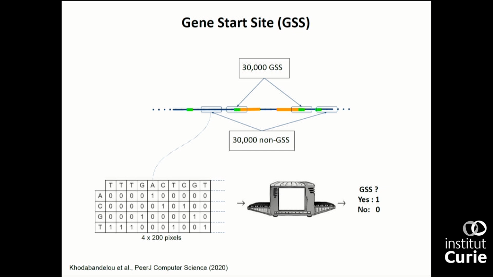Then I put my image into a deep neural network, pretty similar to the one I showed you before, where we use convolutional neural networks. And as an output, I would like to know if it's a gene start site. If it's yes, I output a 1. If it's a no, I output a 0. And then I can do the training. And once it's trained, whoop,